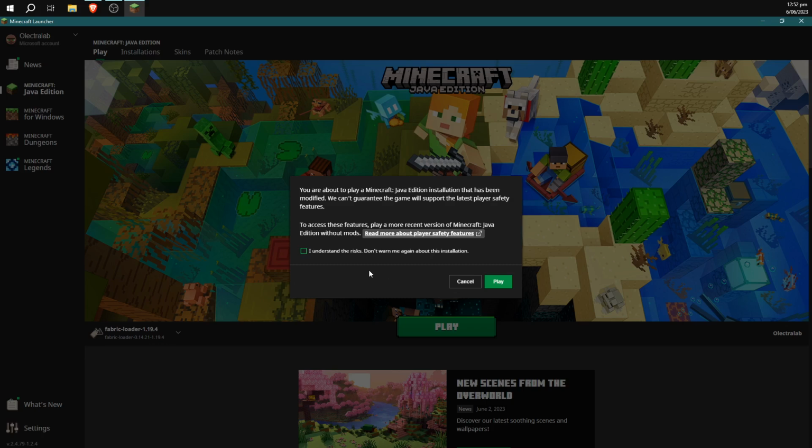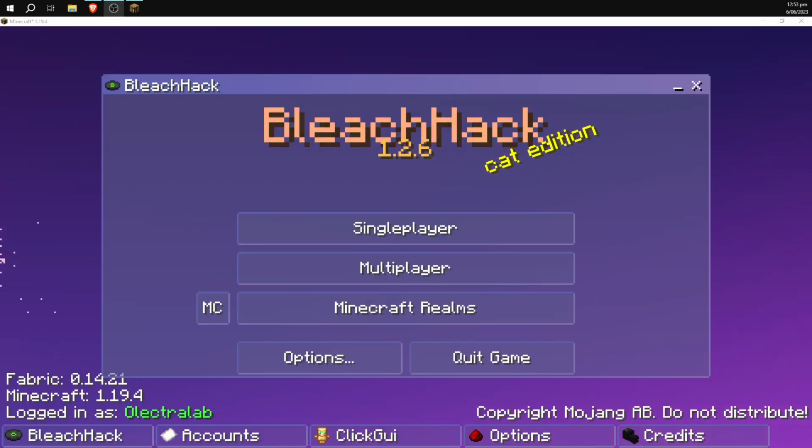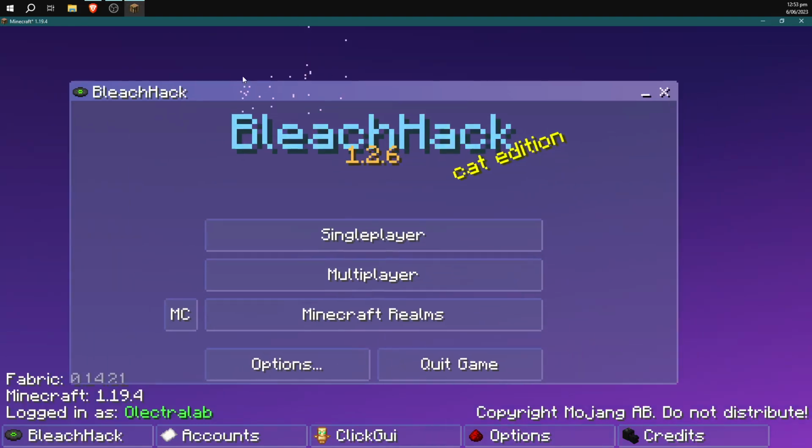It's going to give you a little warning message. You don't have to tick the I understand the risks button, just hit play, and I'll be back when it's finished loading. Alright, so once that's finished loading, you should be greeted with a Minecraft which has a Minecraft inside of the Minecraft,